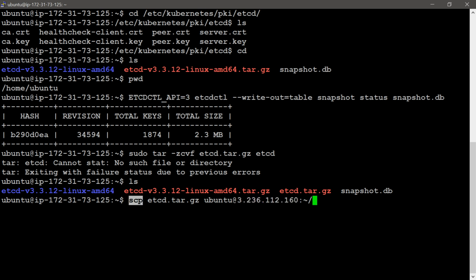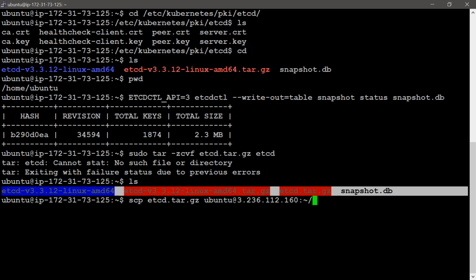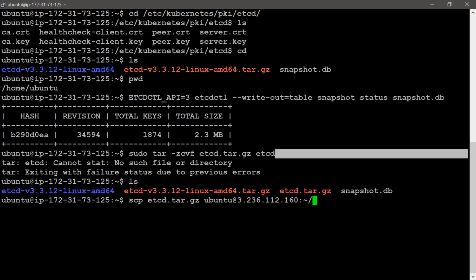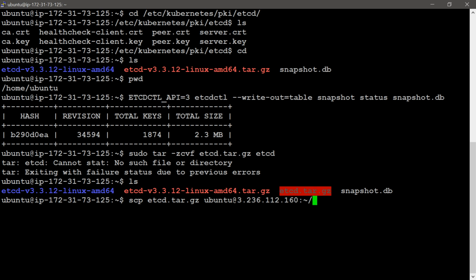The command is scp, this file name, the tarred file name etcd.tar.gz I provided here, then the username and remote system IP address, colon, root, I gave here. In this system, in the root directory, this tar.gz file will be stored using this scp command.